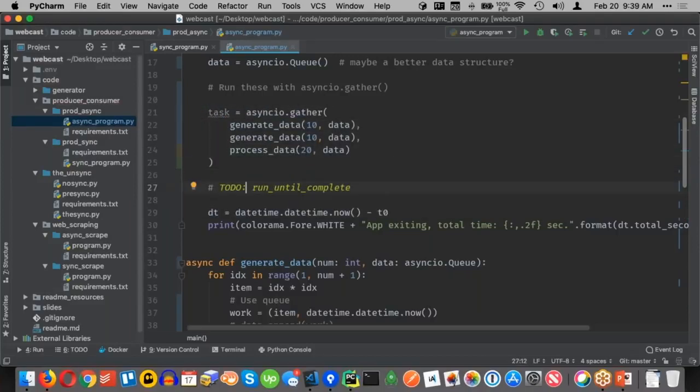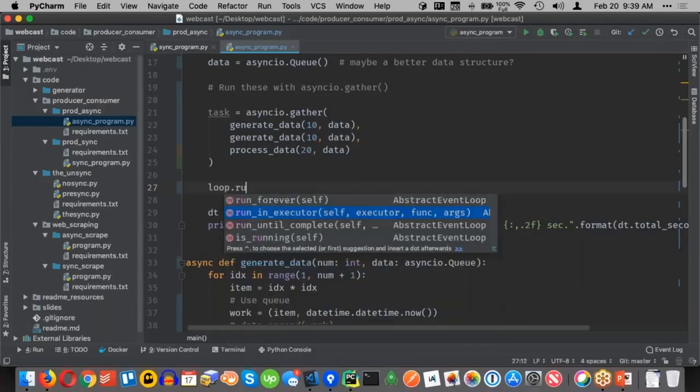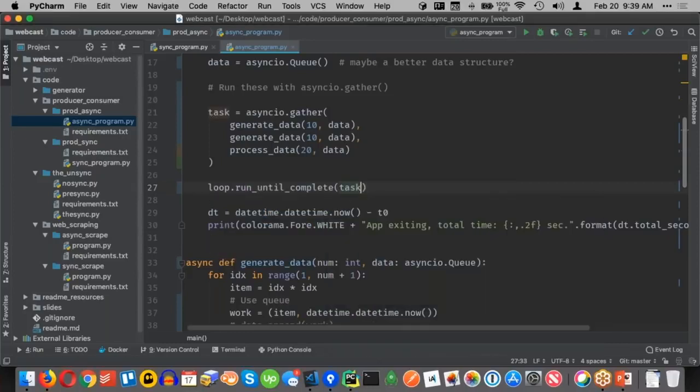And then down here, I'll say async loop.run_until_complete(task), like that. Make sense? So this starts the work. It doesn't block on it, right? Kind of like when we call the fib, this will immediately return and then run to here. And it's not until we call run_until_complete that it will stop.